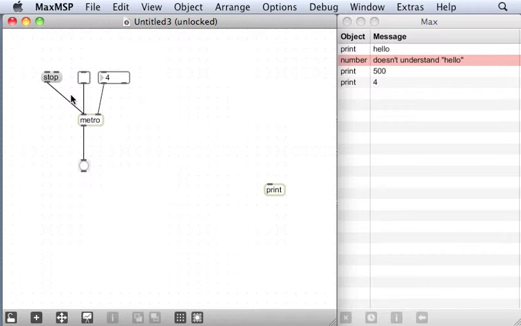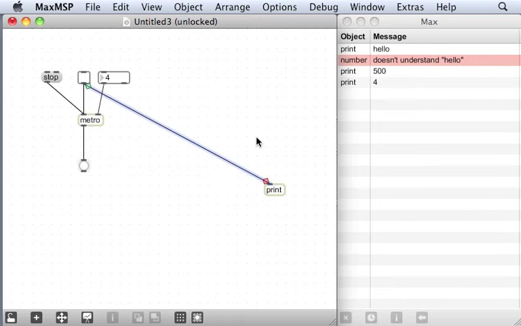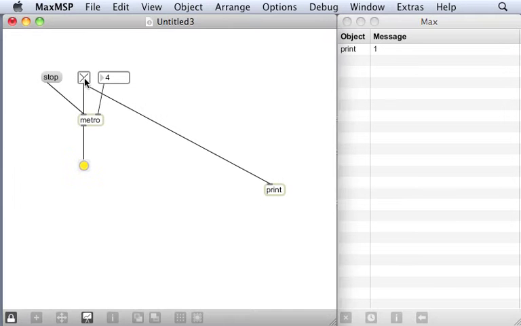What kind of message is coming down this cable here? What kind of message is the toggle object putting out? Well, let's cable it to the print object and find out. Lock the patch. And we find out, by looking in the Max window here, that we get a 1 or